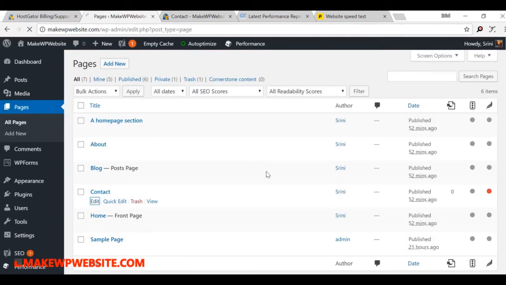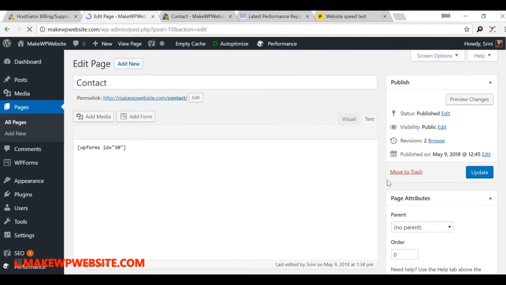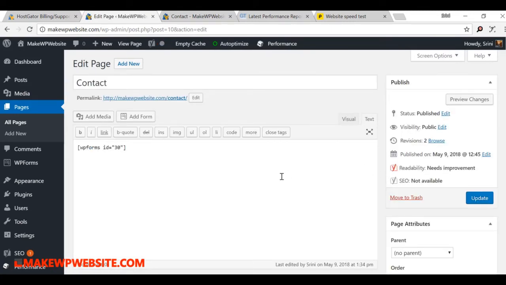Click on the contact page. If you have this WordPress default installed from HostGator, you will see this page, or else you have to create that page. Go to text mode and copy and paste, and then say update or publish, and then the page will appear. Before we close up this section of cleaning up our website, I want to show you Autoptimize.